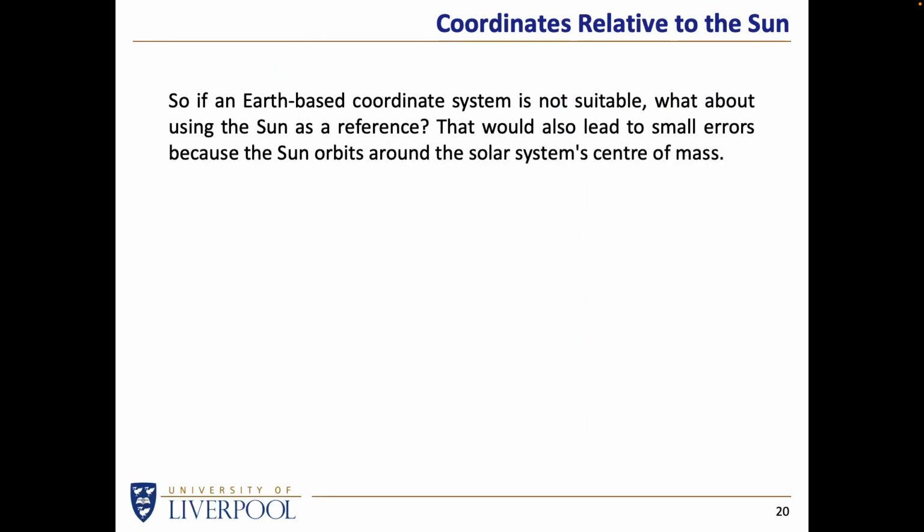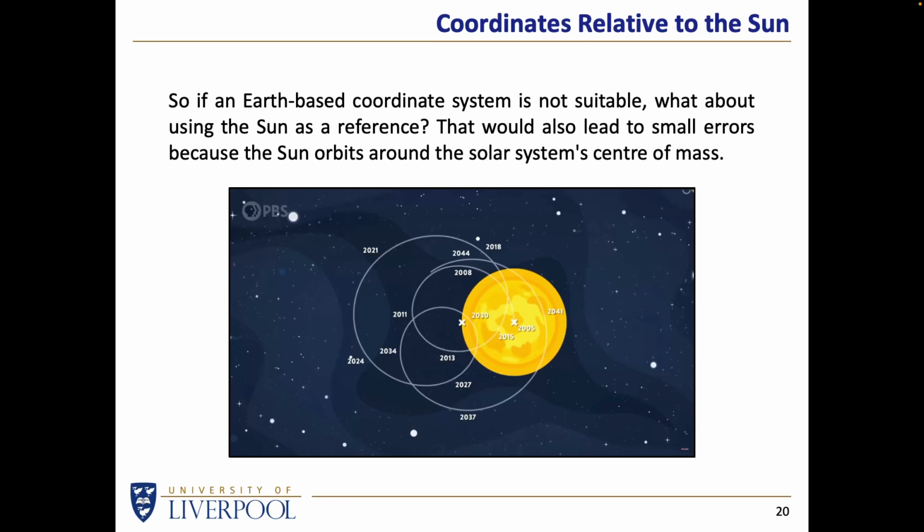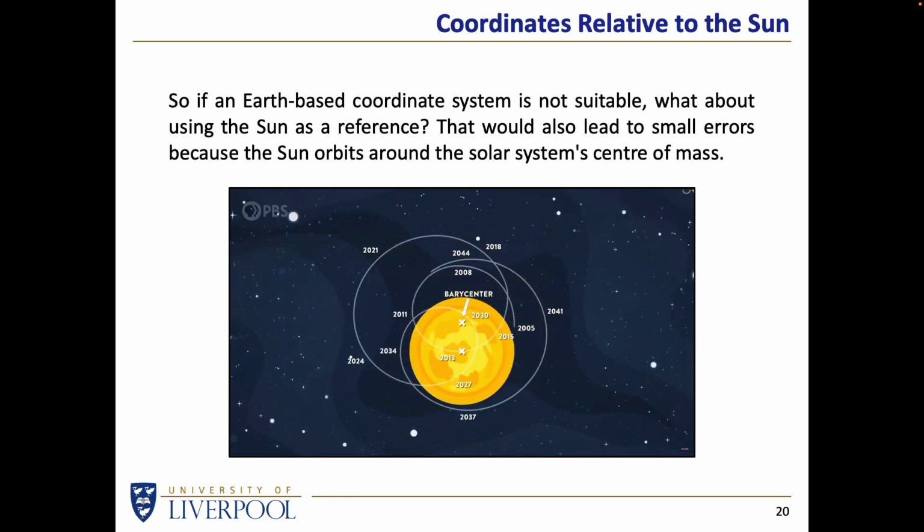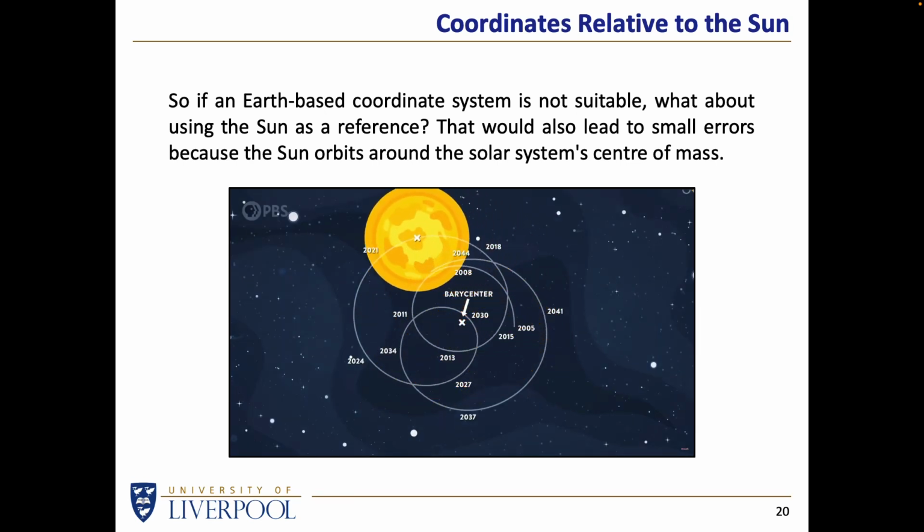Not quite, no, it isn't. The Sun actually orbits around the center of the solar system because the planets have a finite mass. They're much smaller than the Sun, but the Sun actually moves around the center of mass of the solar system because Jupiter and Saturn and all the other planets are continuously changing their positions. If we map out where the Sun actually is, we find that the Sun actually orbits around the center of